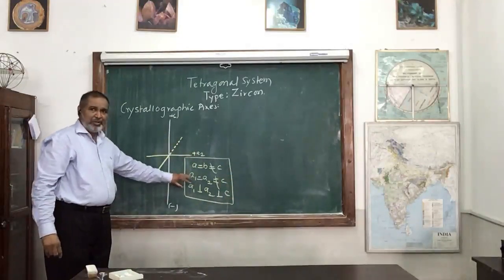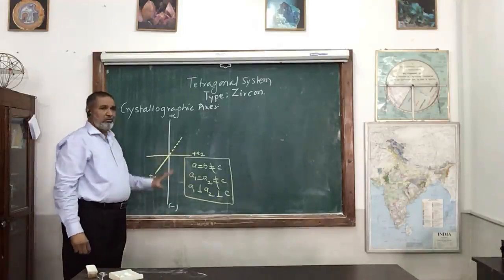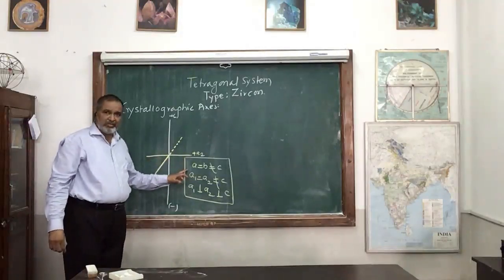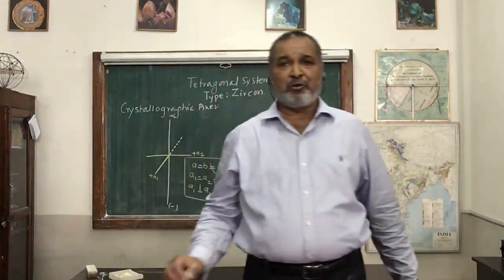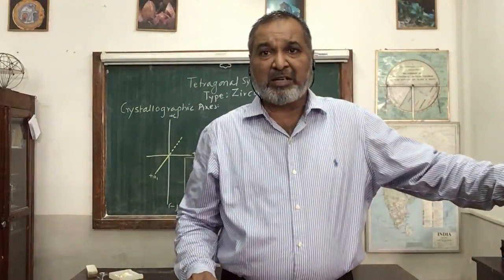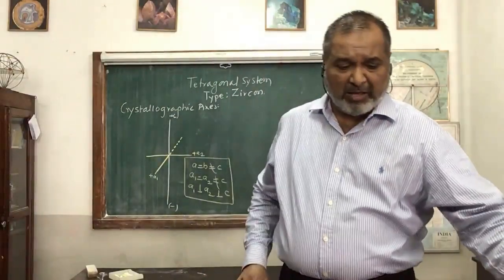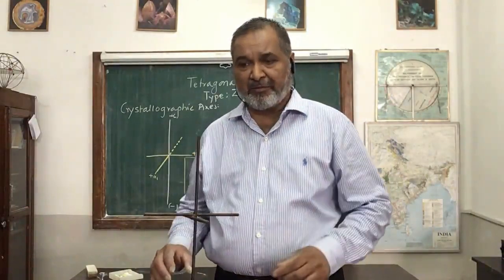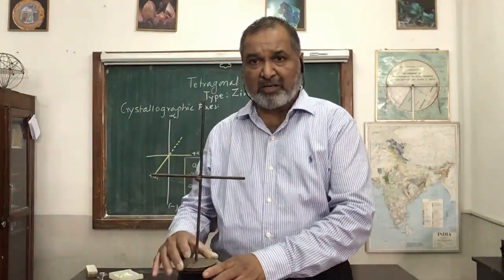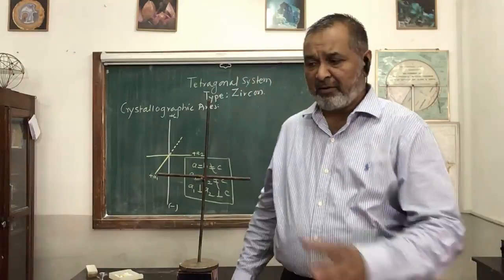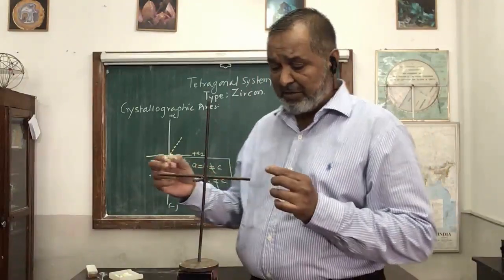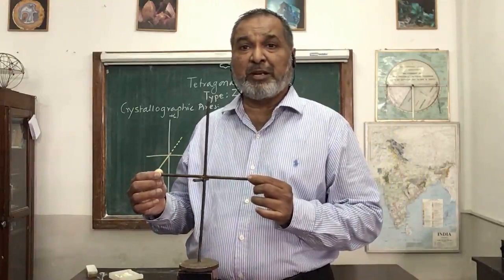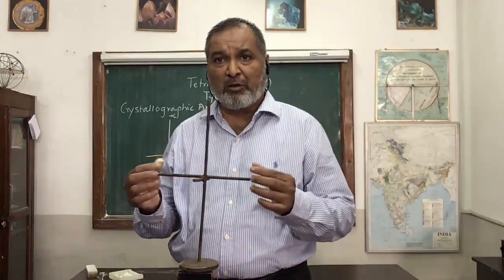With this particular ratio, we will try to find our tetragonal system model. In this model, there are three axes, namely A1, A2 and C. The A1 runs from front to back, the A2 runs from right to left, and C runs from top to bottom. Here we have the A axis running from front to back, denoted as A1, whereas the B axis runs from right to left, denoted as the A2 axis.